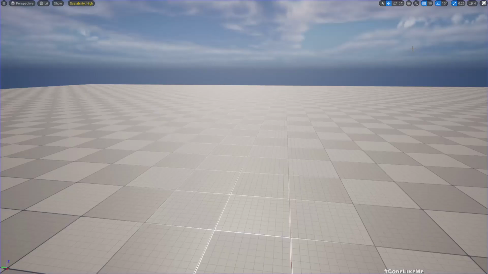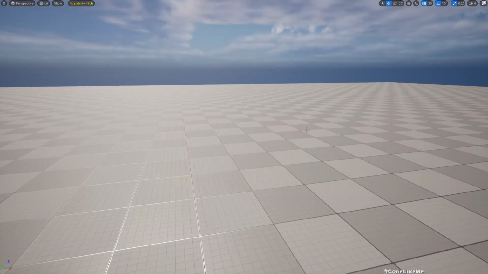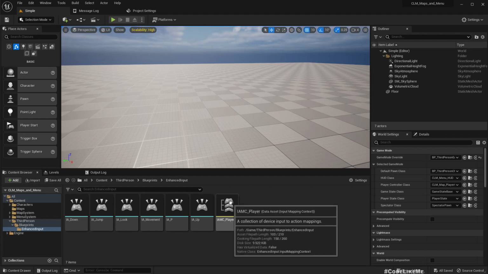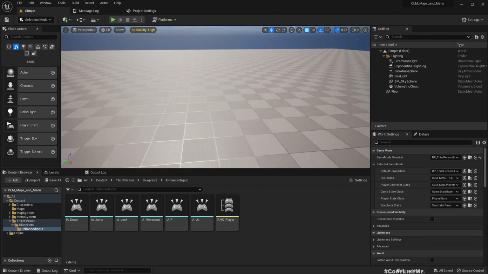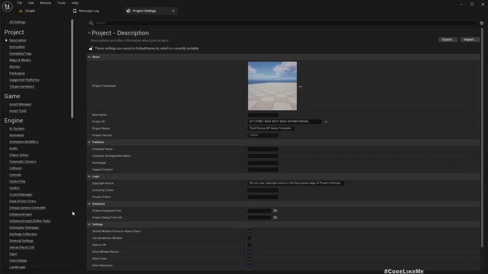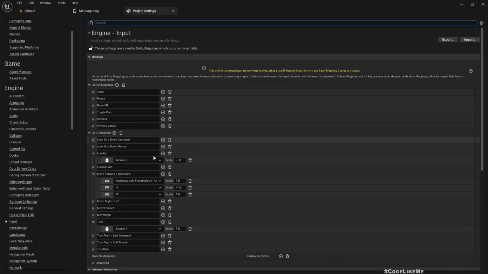And now if I go to settings again, the key is saved. But what I want to do is implement the remapping using the enhanced input system that was introduced in Unreal Engine 5.1. At the moment I have implemented the remapping of inputs using the previous regular input system. So we are going to switch it and re-implement remapping of keys in the enhanced input system. So first,